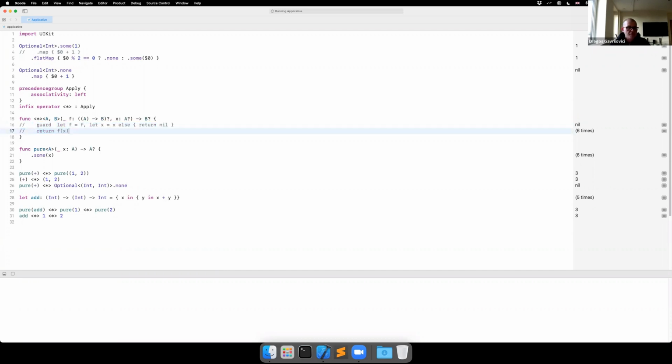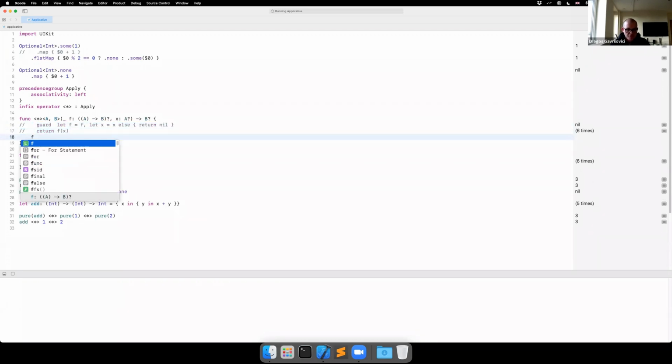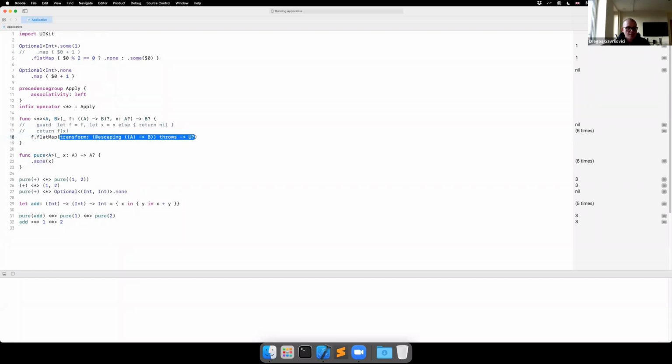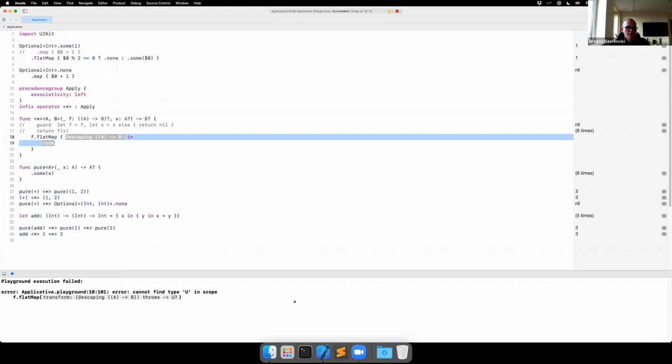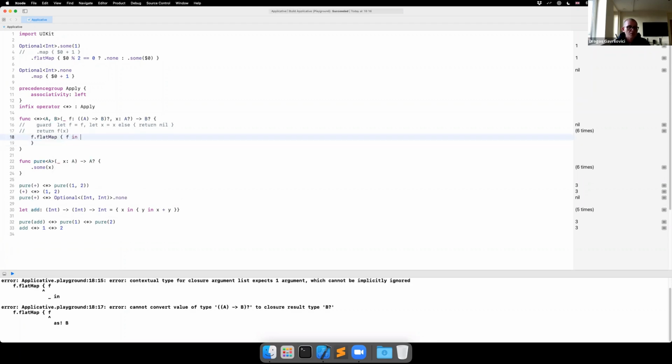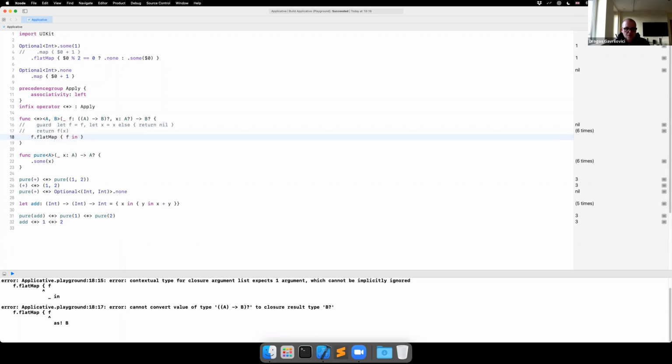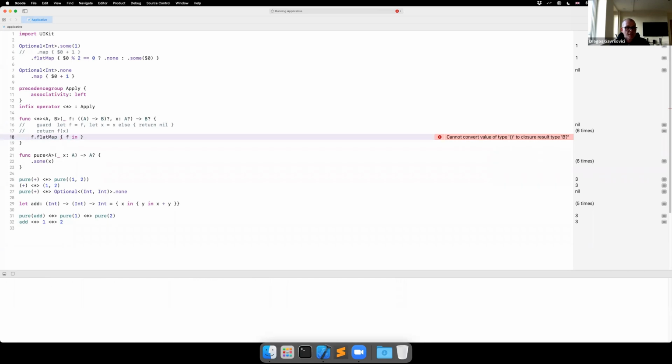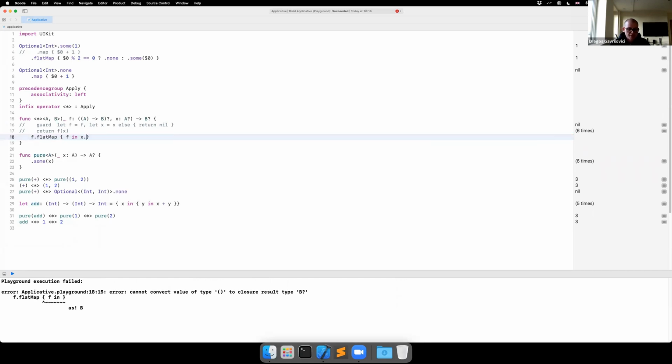What it means is that we have an F, and we can do a flatMap of an F. And what we get here, we have an A that goes into a B, which is exactly an F. And now what can we do with this F? With this F, we can basically take our X and we can map over X, and we've got